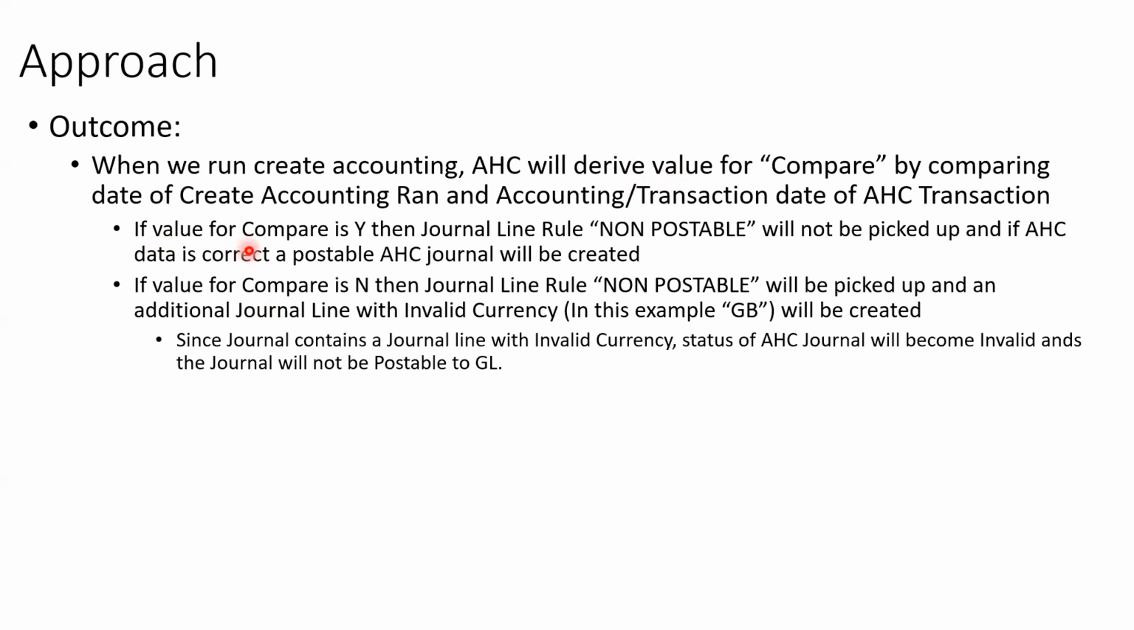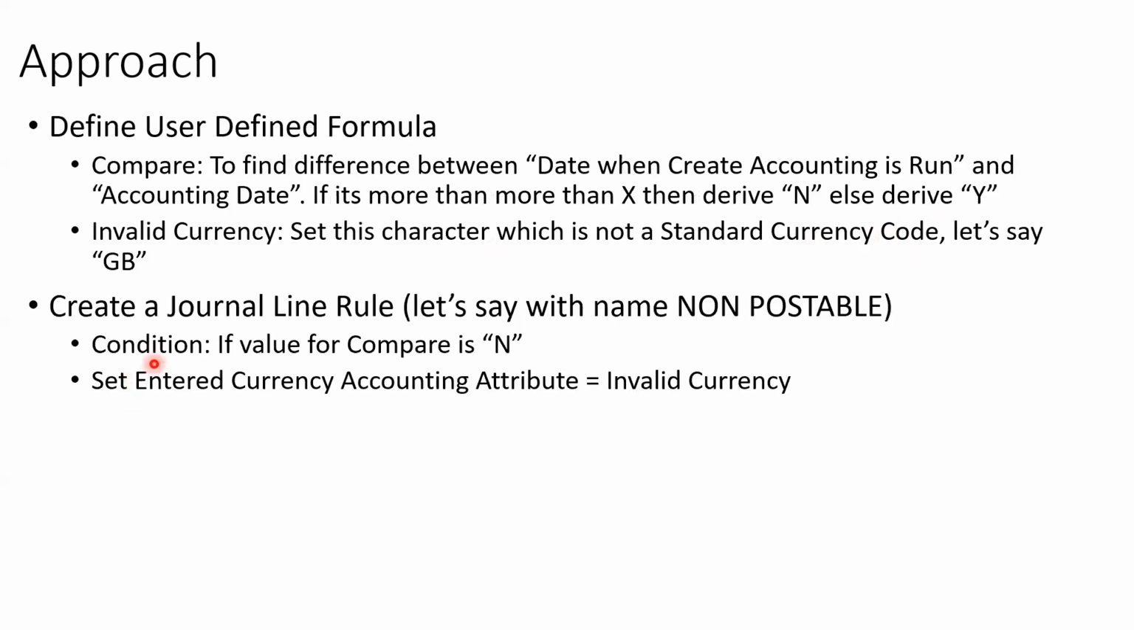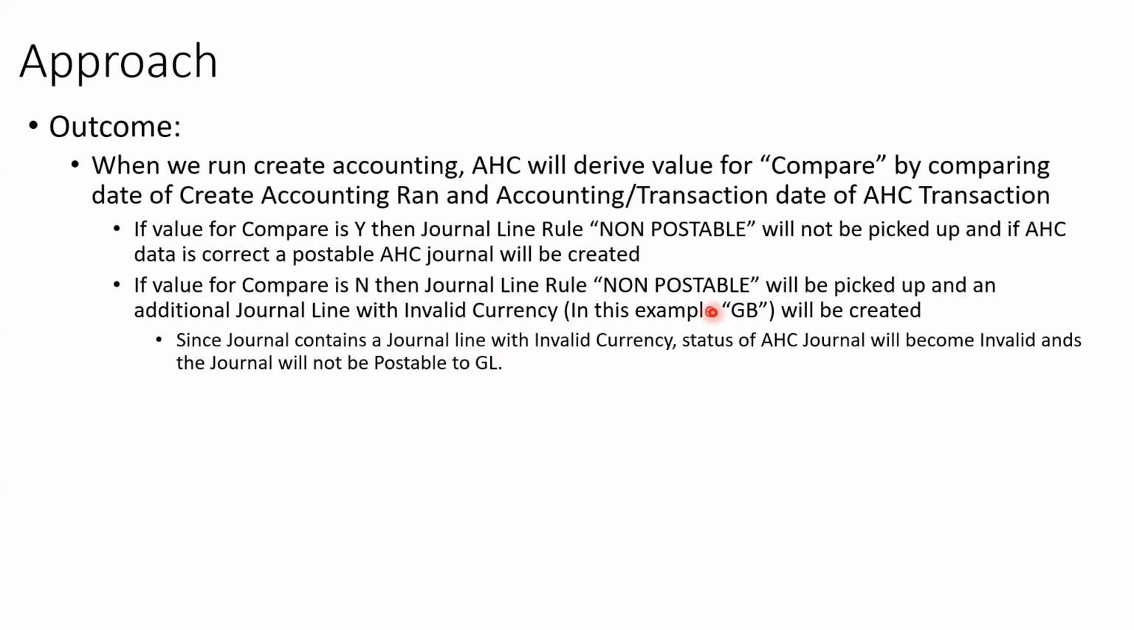Now, if the value for compare is Y, the journal line rule non-postable will not be picked up. Why? Because the condition for this GLR is value for compare should be N, right? But if it is N, which will be the case as I'm explaining right now, if the transaction date is 10th of December and the date when I'm running the create accounting is 9th of December, then value for compare will be N. So in that case, when the value for compare is N, then the journal line non-postable